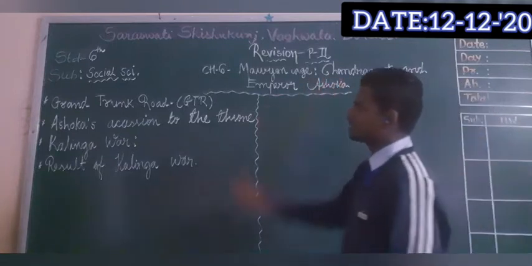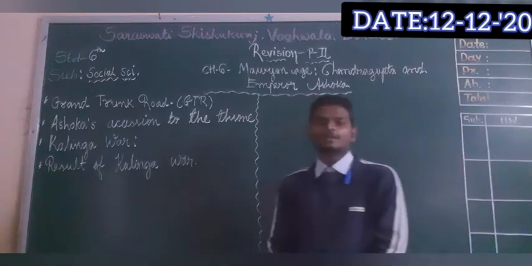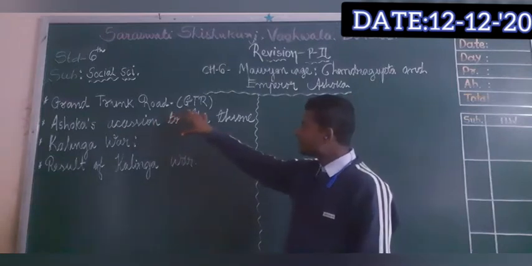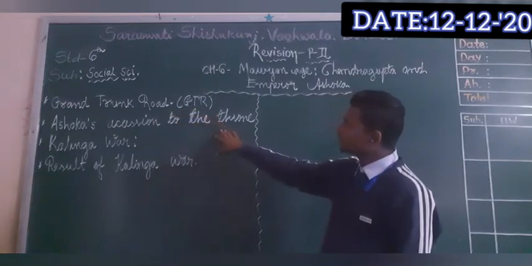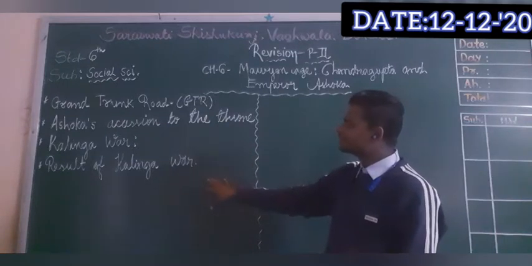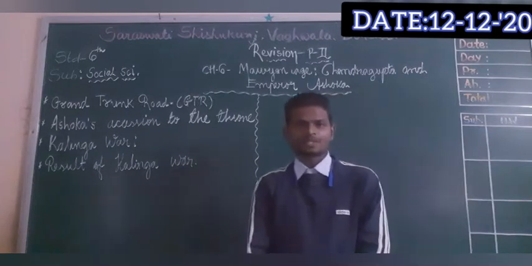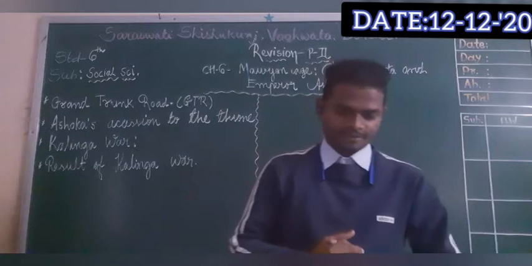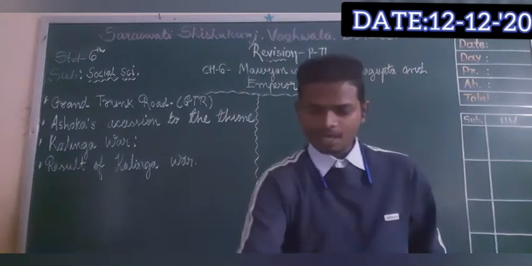In this present lecture, without wasting our time, we are going to revise Grand Trunk Road, Ashoka's ascension to the throne, Kalinga War and the result of Kalinga War. First we are going to discuss